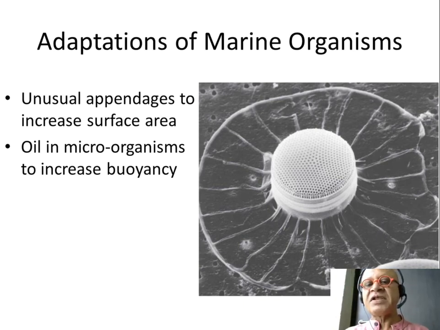So they end up developing these kind of unusual appendages to increase the surface area. So here is a diatom that has a huge body in the middle and a surface area increasing appendage that provides it much larger surface area, right? So many of these microorganisms also have either a gas chamber where they can take in dissolved gases and increase buoyancy and get rid of it and decrease buoyancy, or they produce drops of oil on these kind of surfaces,